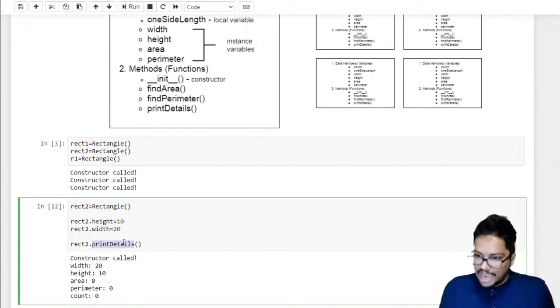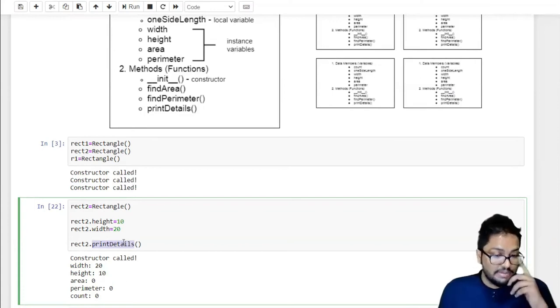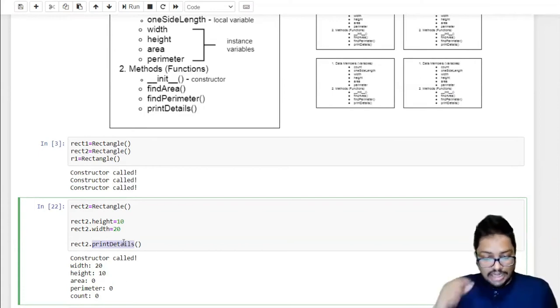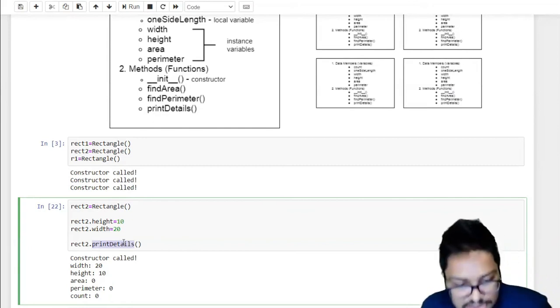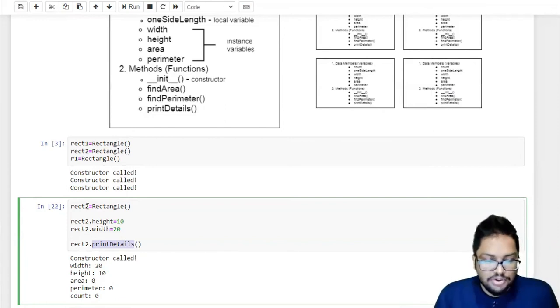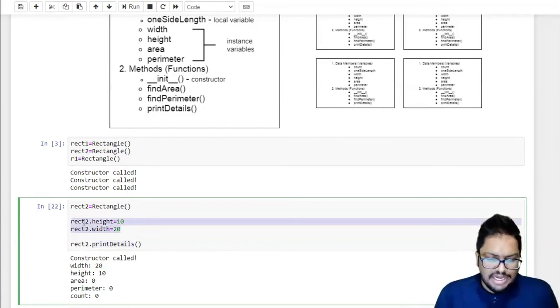As I told you earlier, each object has its own data members and methods declared in the class. So to call the data members and member functions of rectangle 2, you always call them like rectangle 2 dot height, rectangle 2 dot width, rectangle 2 dot print details. Understood?